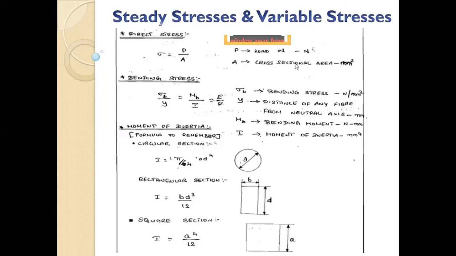Are you following me? Yes, sir. So basically the stress your rod can take is 400 Newton per mm square. It means 1 mm square of your rod can take 400 Newton of weight. It's as simple as that. Now the weight of the bag is 100 kg, as I told you. You multiply that with 9.8 and you get 980 Newton. 1 kilogram is basically 9.81 Newton. So your bag of 100 kg is 980 Newton.